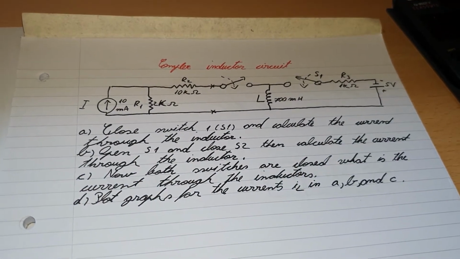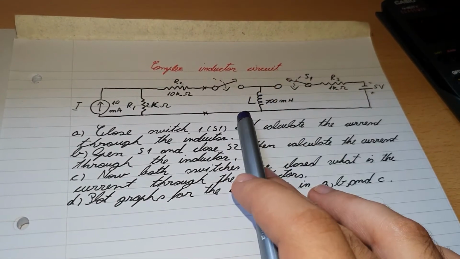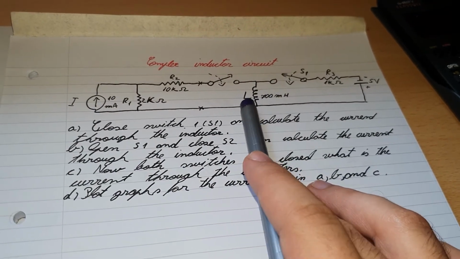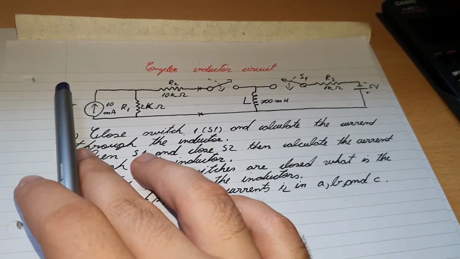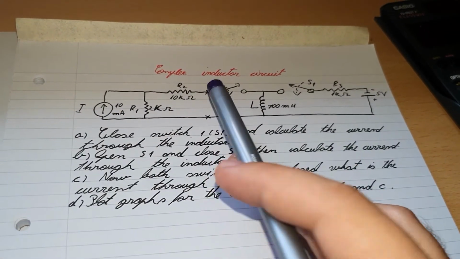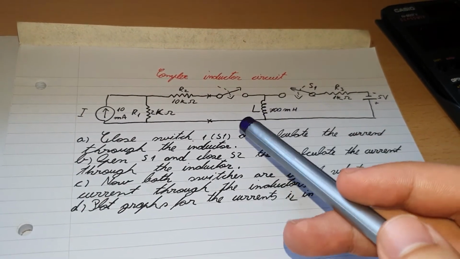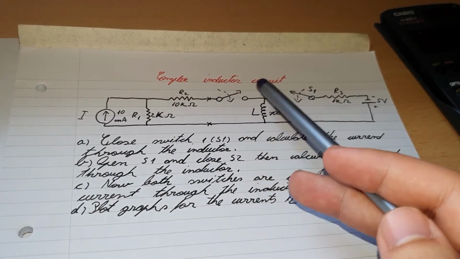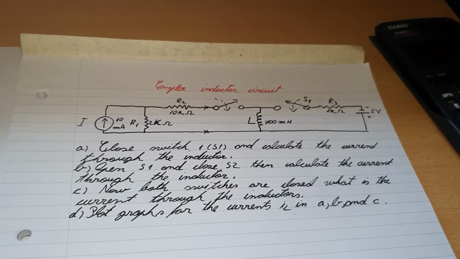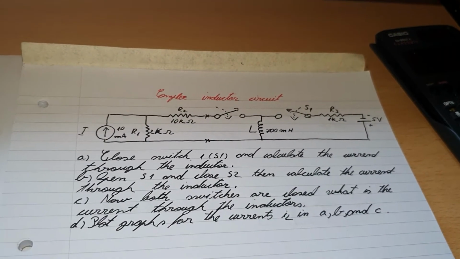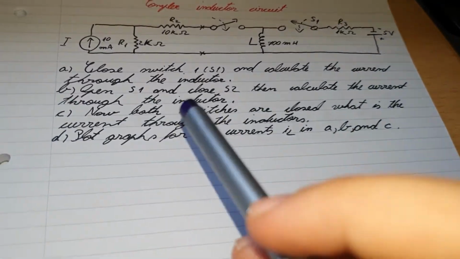So we also have the resistors that affect the overall circuit. Okay, and don't worry, I made it a lot easier this time. This time we'll only calculate the current through IL, which is the current through the inductor, and that should make it a lot faster to calculate as well. So we'll do the important bits first, and then we'll work our way down to the specifics. For example, if you know the current through all the switch positions, then it will be really easy to calculate the voltage in that switch position, or to calculate the voltage inside the resistance at those switch positions, and so on. Right, so let's start with the first one.